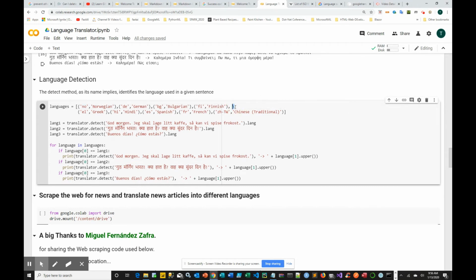And here I'm using this slash in order to break the line up, so you can easily read it. Then I'm using this detect method of the translator, and I'm extracting out a language portion from that translator detect method, and that will load into this variable. And then for each language in languages, I'm meaning for this is a variable name, for each element in this list here, if the zero